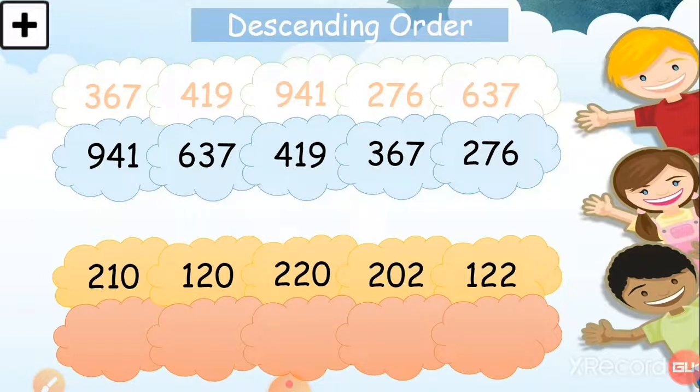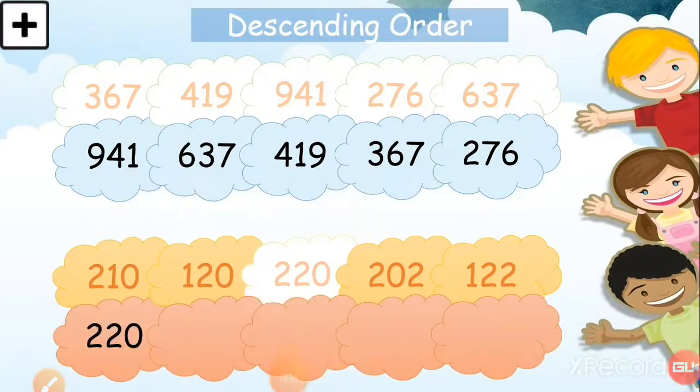Now the next one, in the yellow clouds you can see here. Tell me which is the big number here. Check out the hundreds place. If two hundreds places are the same, see, three clouds are the same, so you have to check the tens place first. Three clouds have the same hundreds place value, so we have to choose the tens place. Just check out the tens place, which is the biggest.